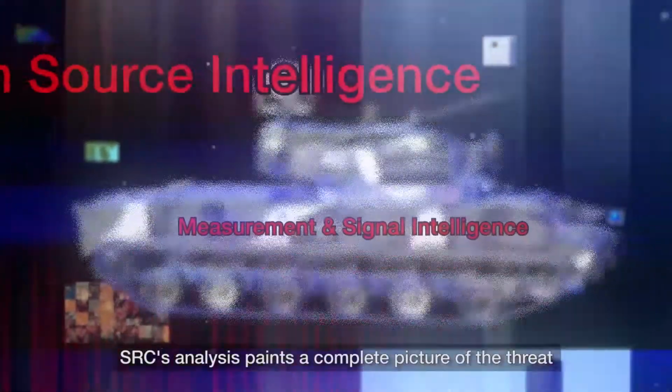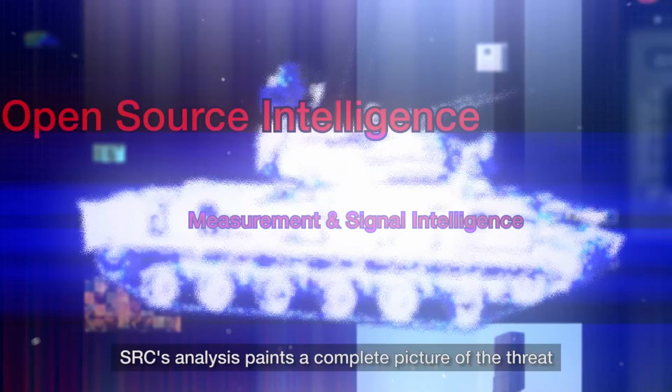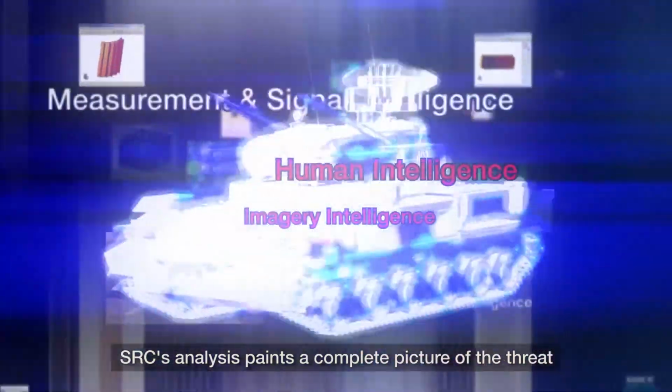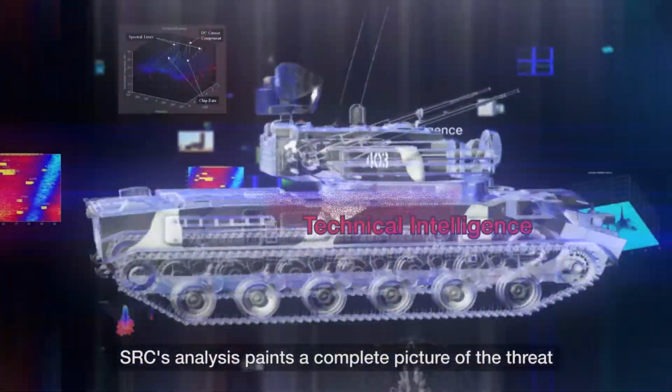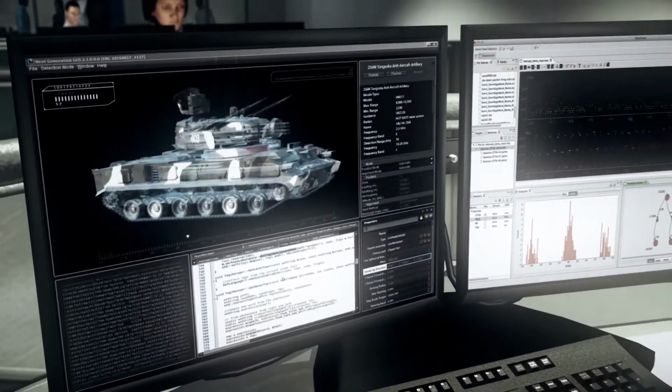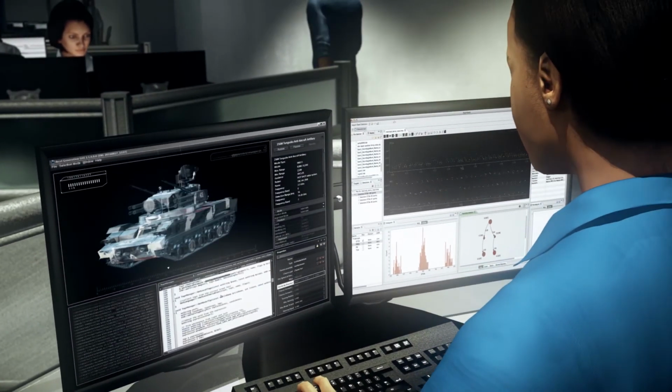Capabilities flash across the radar in words and small images. Measurement and signal intelligence, open source intelligence, imagery intelligence, human intelligence, foreign material exploitation, electronic intelligence, communication intelligence, signals intelligence, technical intelligence. The tank is displayed surrounded by code and monitoring software on the computer screen of a female SRC